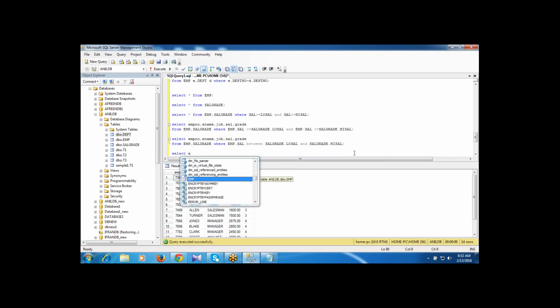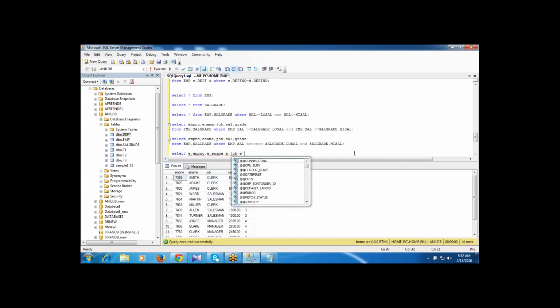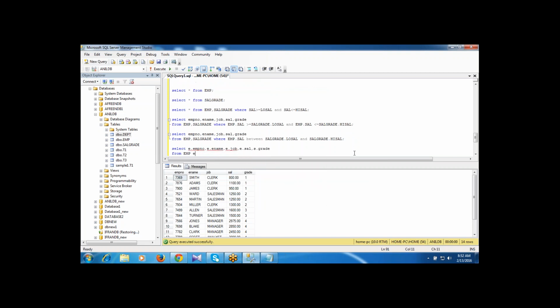So you can write the alias name. E dot employee number, E dot employee name, E dot job, E dot salary, S dot grade from EMP E, sal grade S, where E dot salary is between S dot low sal and S dot high sal.